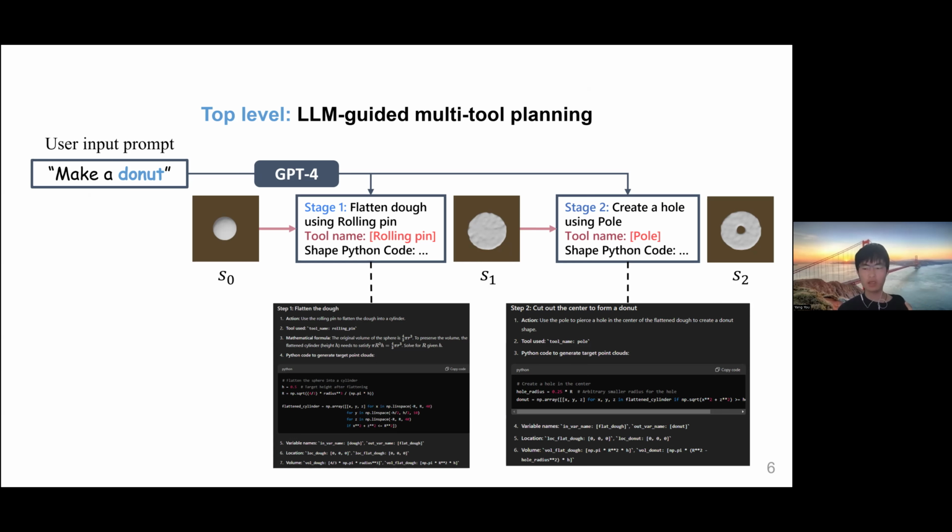And we are using a hybrid approach. We first use GPT-4V to give the intermediate states. Here are S1 and S2. And in each substage, that means between S0 and S1, we use differentiable physics to guide us to go from S0 to S1. We find that this approach is more stable and can achieve relatively complex tasks because GPT-4V can decompose these complex tasks into simpler tasks. Is that clear?